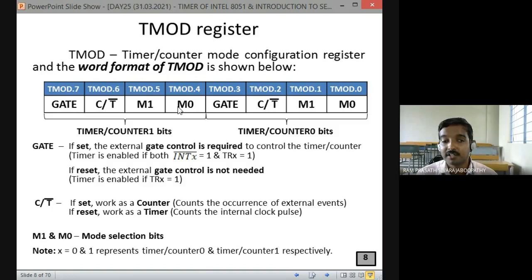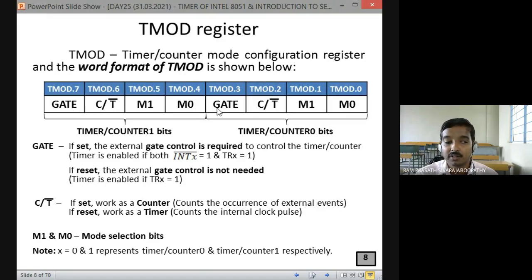Using 2 bits, how many possible combinations can we have? Yes, very good. That means 4 modes of operation are there. The mode of operation can be chosen using these 2 bits, M1 and M0. Whatever I have told for the timer/counter 1 bit is equally applicable for the timer/counter 0 bit